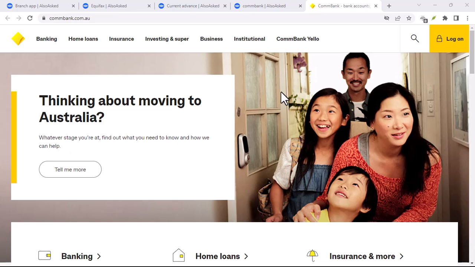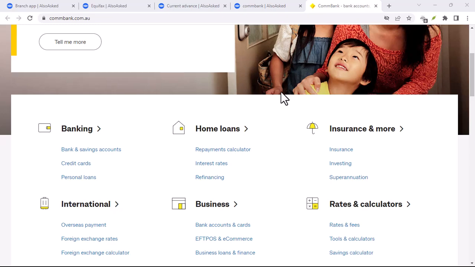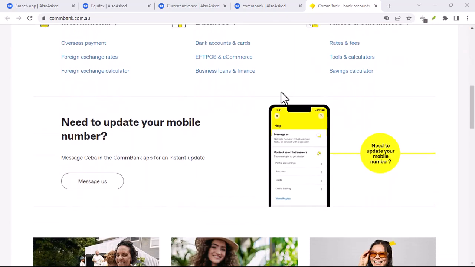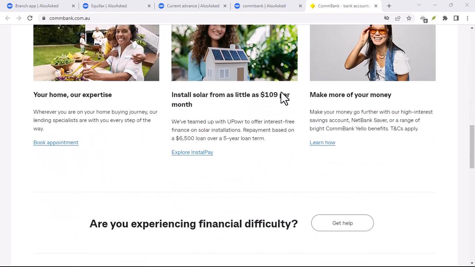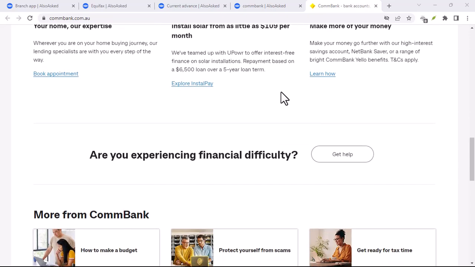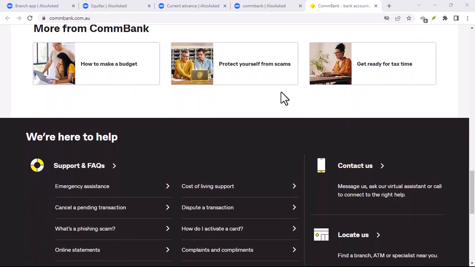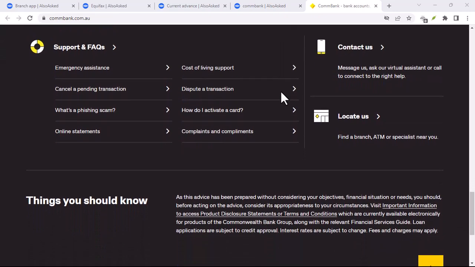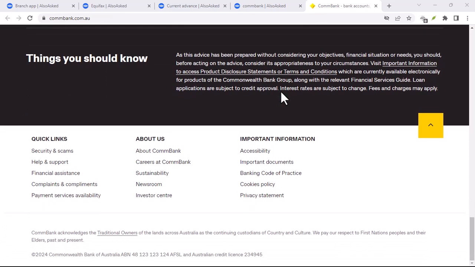Ever sent money overseas? Have you heard of SWIFT? Ever needed to send money overseas, maybe to a friend studying abroad or to help out family back home? It can feel like a complicated process with all this talk of bank codes and international transfers. But fear not, financial wizards. Today, we're diving deep into the world of international money transfers and specifically whether Commonwealth Bank, also known as Commbank,